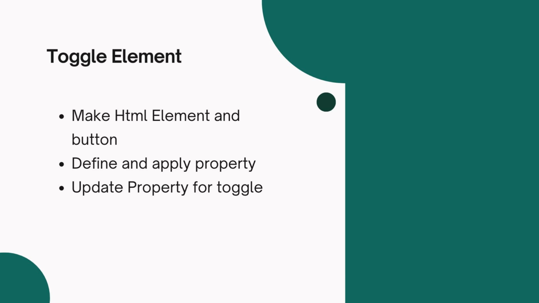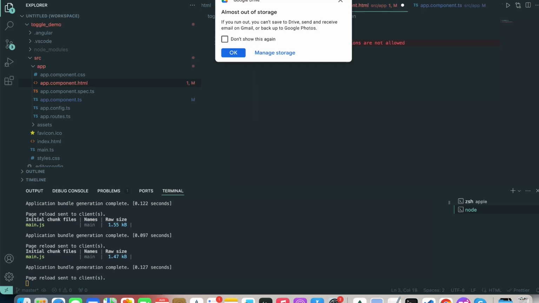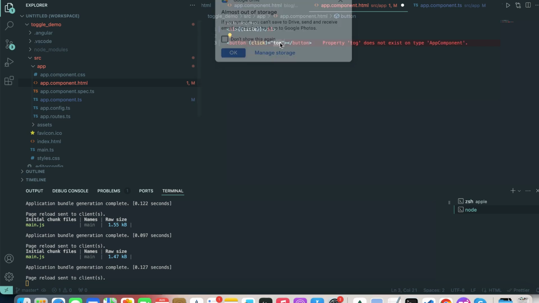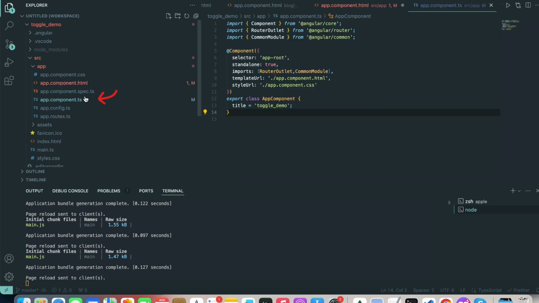So first I'm going to define a button tag here, and for the button tag I will define a click event with parentheses, and here I will define the toggle function, for instance, and the toggle text here. So now it's saying that the toggle function does not exist, so we will define the toggle function here in the .ts file,